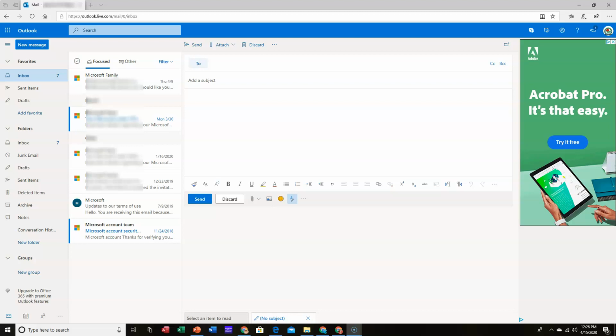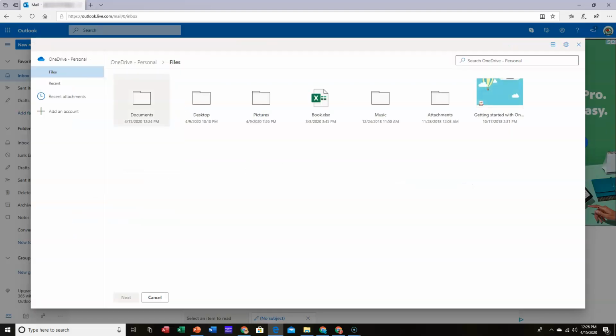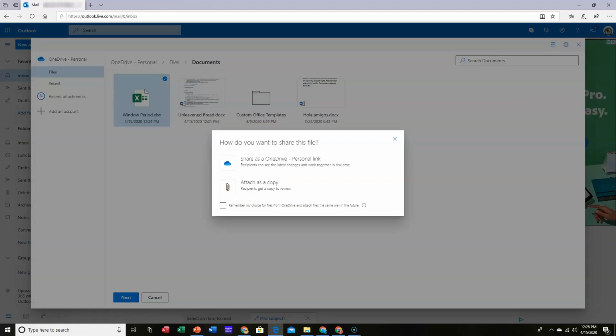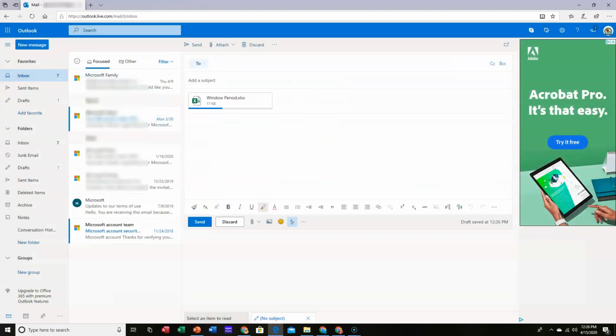Once again, if I want to send an email from my Outlook account and I want to attach that file, I go down here where it says Attach, and if I click this drop down, I'm going to browse cloud locations, Documents, my spreadsheet, Next. I can share it as a personal link, much as we did in the Gmail example, or I can attach a copy which users can download. Click Send,